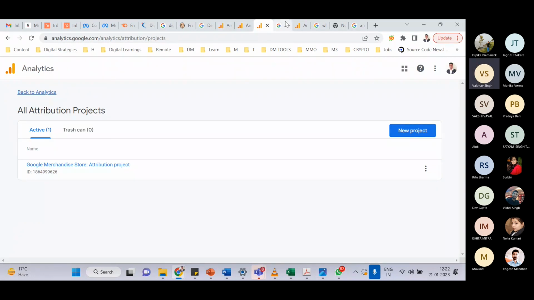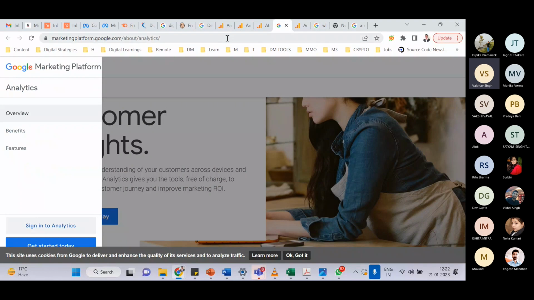So if you want to do a certification on Google Analytics,